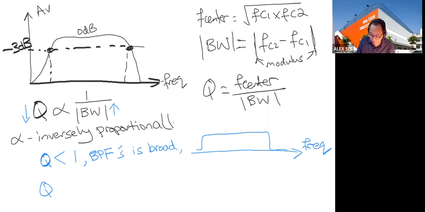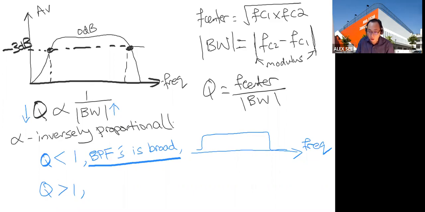Okay, if your Q is greater than 1, all right, because if your bandwidth goes up, your Q will be reduced. You see the inversely proportional relationship. Imagine if I increase this bandwidth, your Q will come down. So if your Q is less than 1, that means this bandpass filter is a broad one. If your Q is greater than 1, what does it mean? If I use another color,